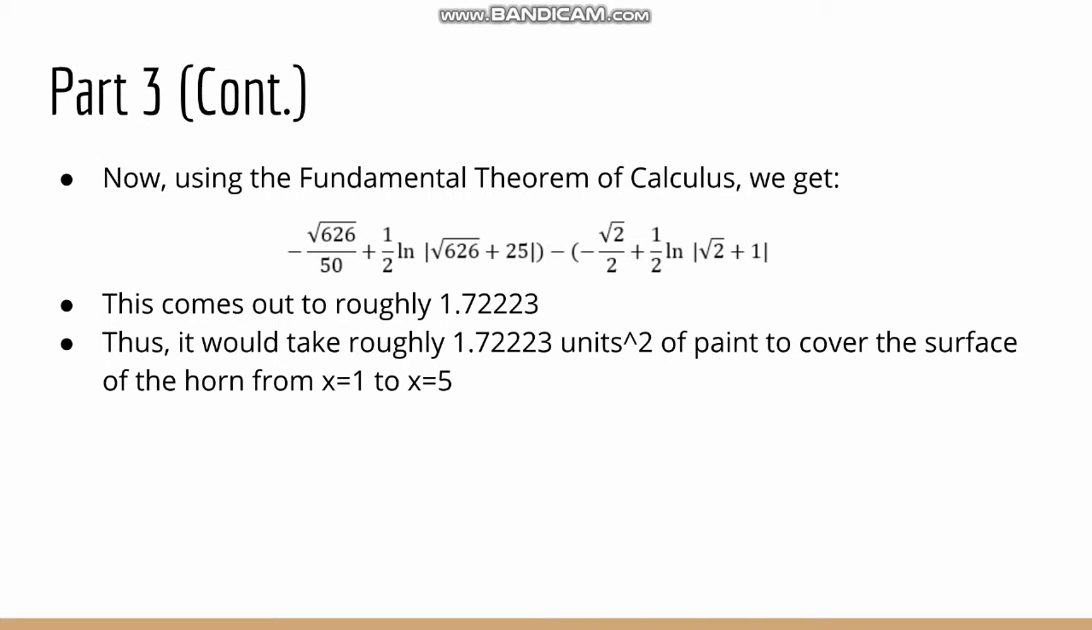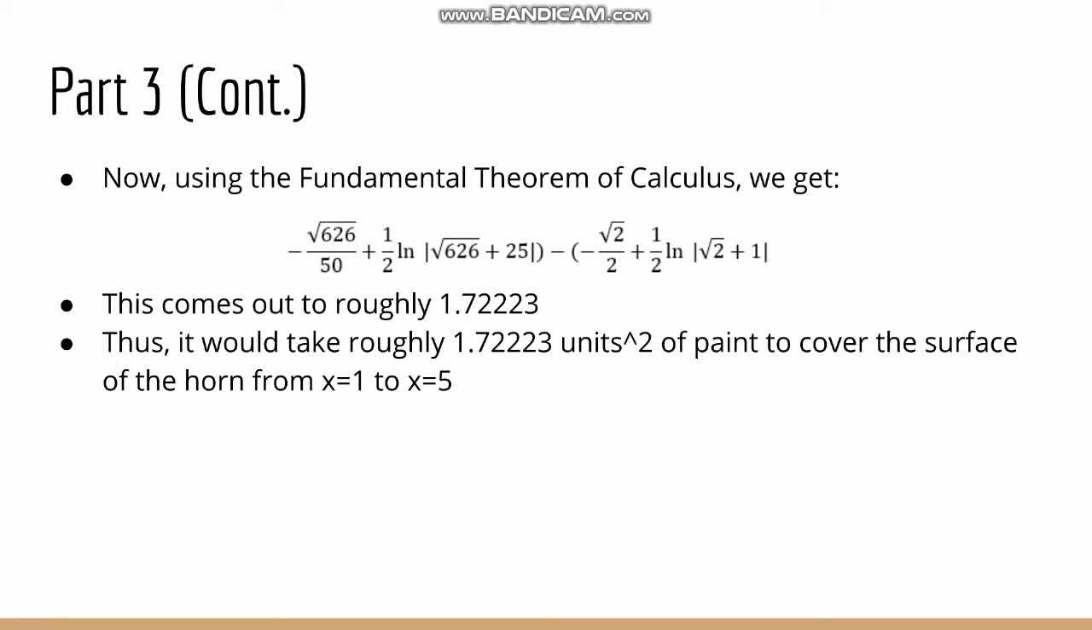Now we use the fundamental theorem of calculus, which says that if you have a small f of x and a big F of x, such that small f of x is the derivative of big F, or big F is the antiderivative of small f, and you're taking the integral of small f from a to b, then that integral equals big F of b minus big F of a, which is what we're going to do here. The equation that we got after integration by parts and a u sub is our big F of x, and our a and our b are 1 and 5. We plug 1 and 5 in and subtract big F of 1 from big F of 5, and this comes out to roughly